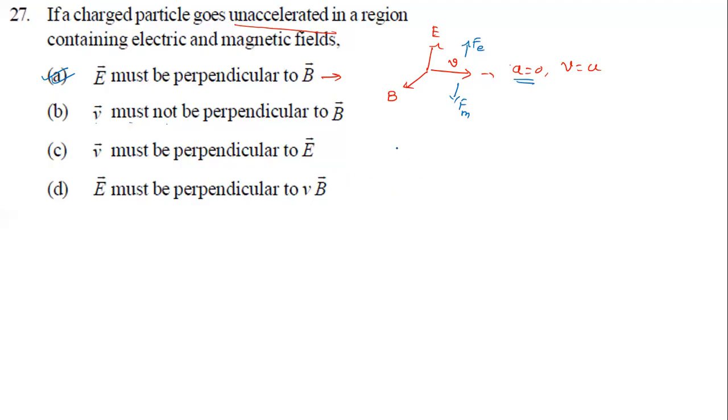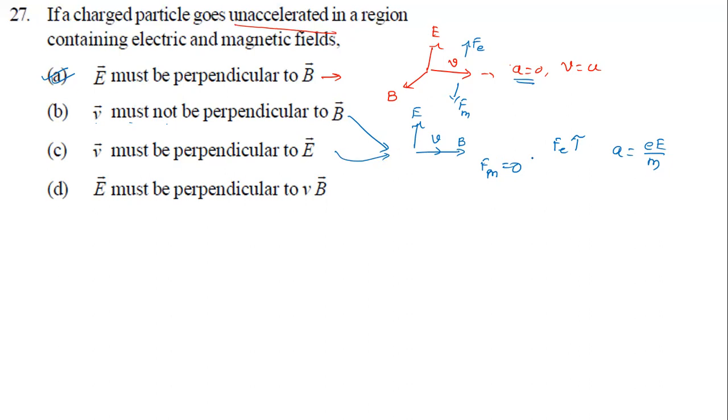If it is parallel, okay, like this, it is there. Okay, now electric field like this, let us take now. Velocity like this, magnetic field like this. So because of this, magnetic force becomes zero. There is electric force acting in what direction now? Upward direction. Electric force acts in the upward direction. If there is electric force, there must be acceleration that is equal to how much? Capital E into Q by M. So there is an acceleration. Now V must be perpendicular to E. Okay, same condition here.